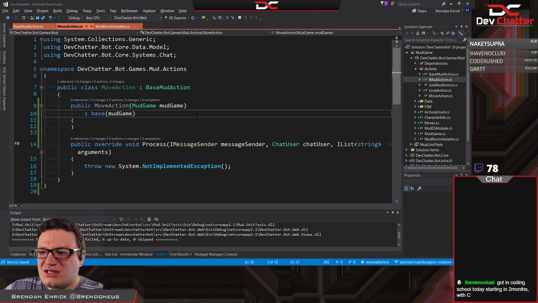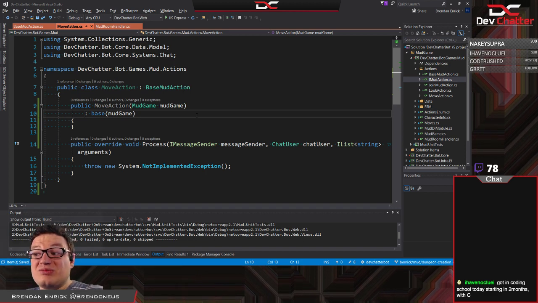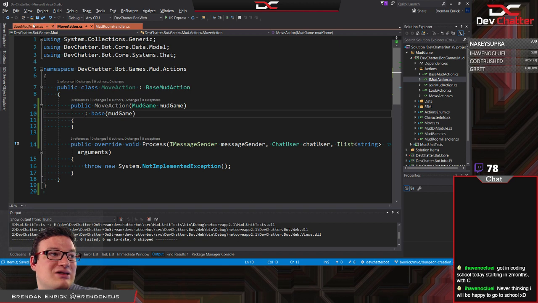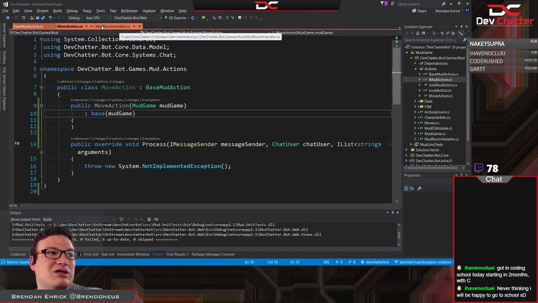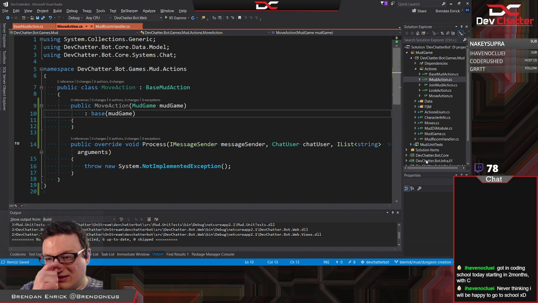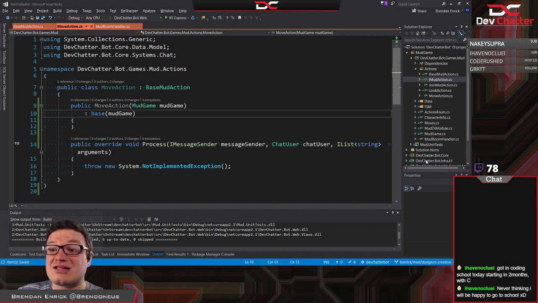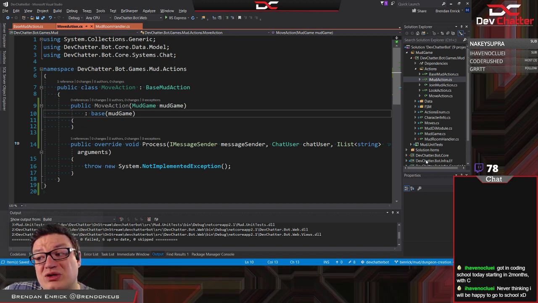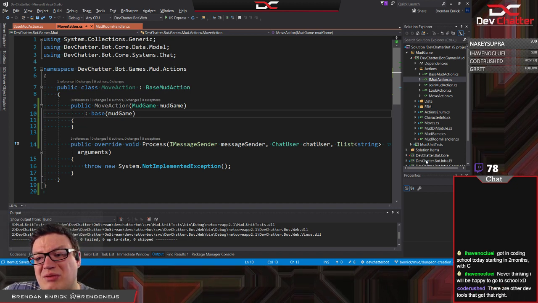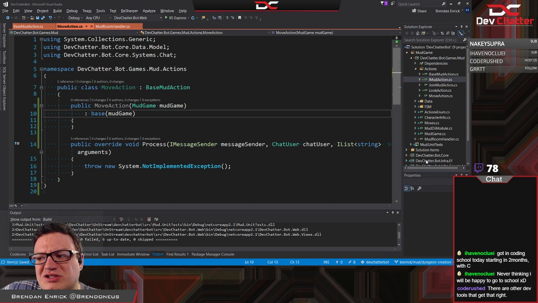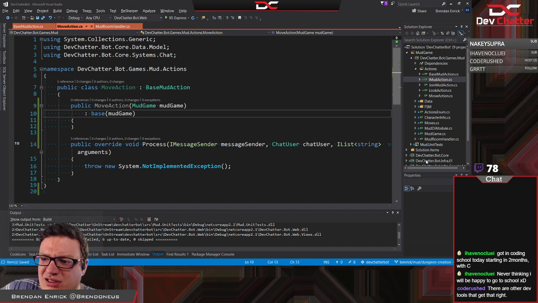Okay, so yeah, I have a lock in place. So S&B, I might need to add locking into mine. That's not that hard. The locking would just end up on the mud game object, because that's where we're storing the state. So, as long as we just locked that, nothing else would matter. And yes, actually, now that I think about it, S&B, we probably will need locking, because we're going to allow people to do a lot of things at the same time. So the multiplayer aspect's going to require it, I think.